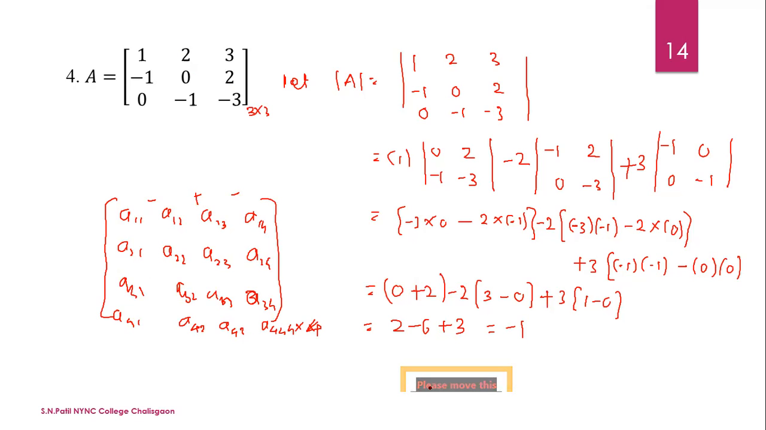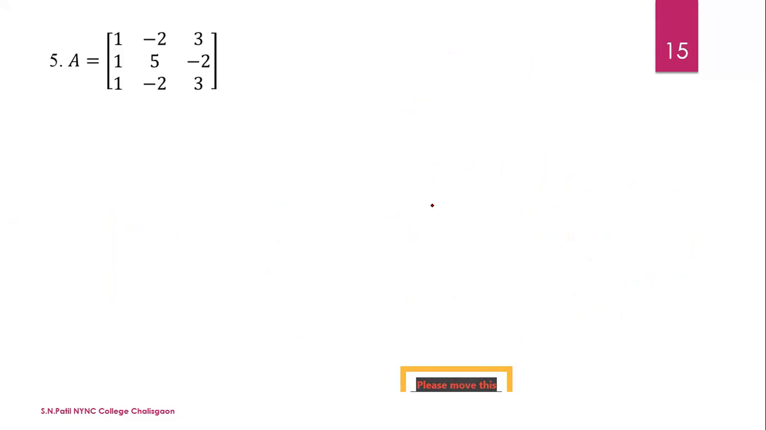See here, we reduce this 3 by 3 matrix to a 2 by 2 matrix using the minor method. Similarly here, this 4 by 4 we reduce to 3 by 3, and then 3 by 3 reduced to 2 by 2. Now let us take the same kind of example. 1, minus 2, minus 3 first row, second 1, 5, minus 2, and last 1, minus 2, 3. Then the determinant of the matrix is